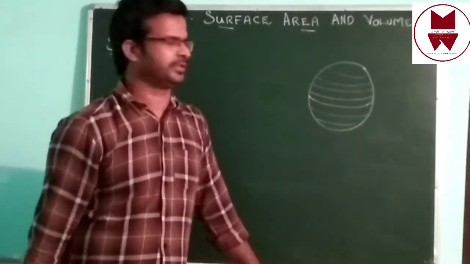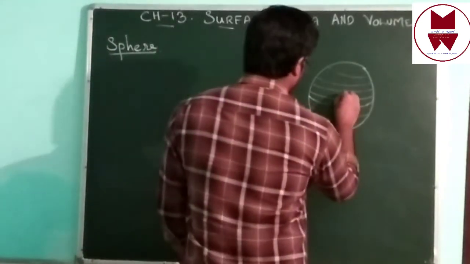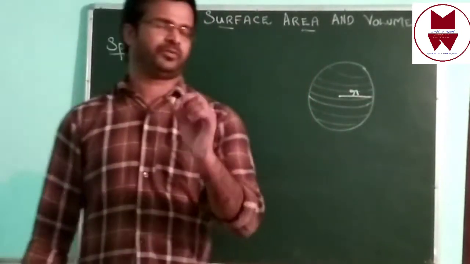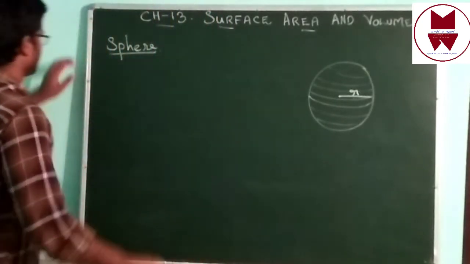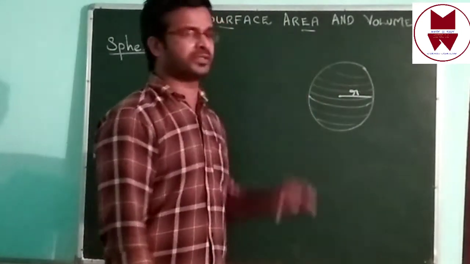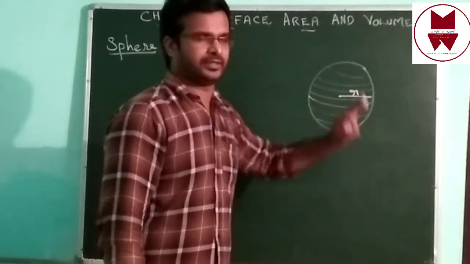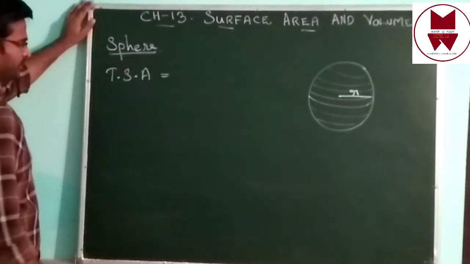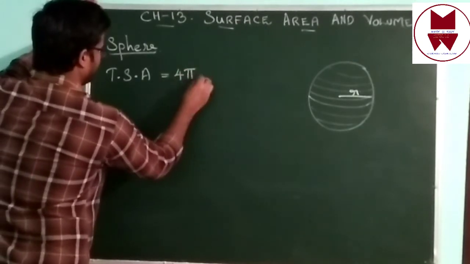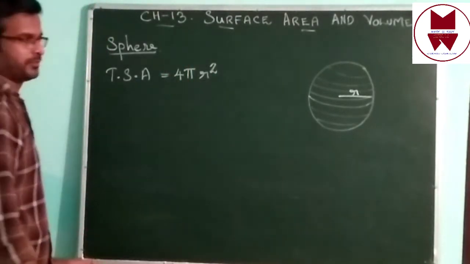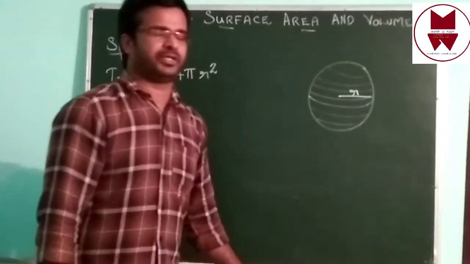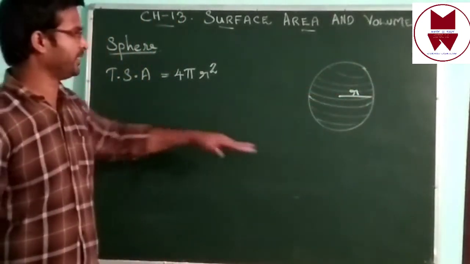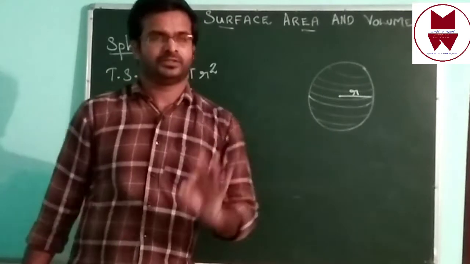This sphere, yes, we can consider one football, isn't it? Then from the center to the circle, that is radius r. In sphere, only one measurement, that is radius. Then here, how many surfaces are there? Only one surface is there, isn't it? Then we can write total surface area. Total surface area is 4 pi r square. Total surface area of sphere is 4 pi r square. Then here, no curved surface, it is already curved. Total surface area and curved surface are equal, only one face.